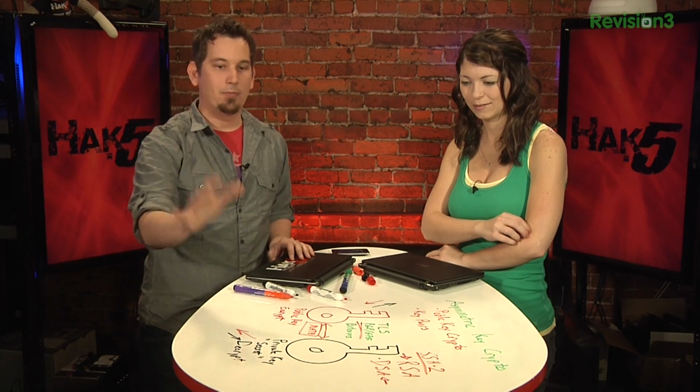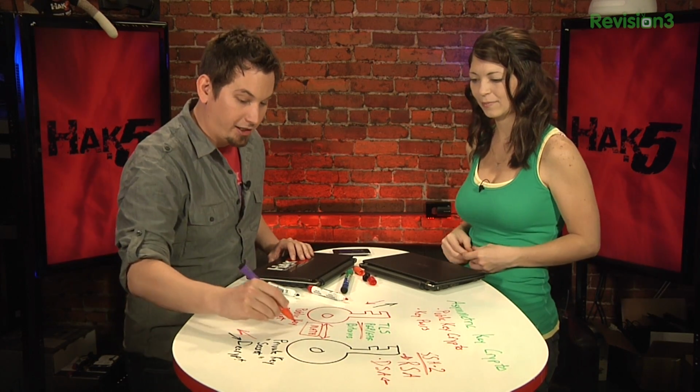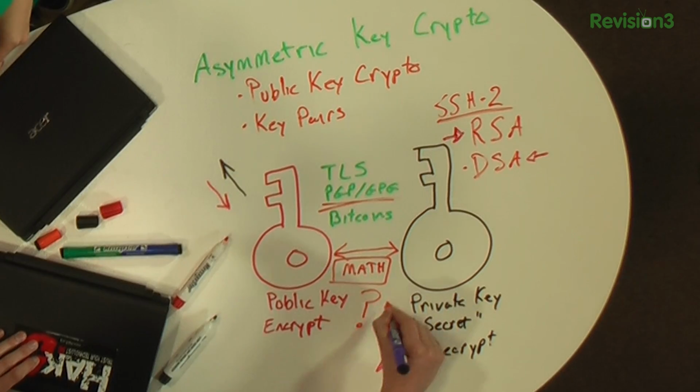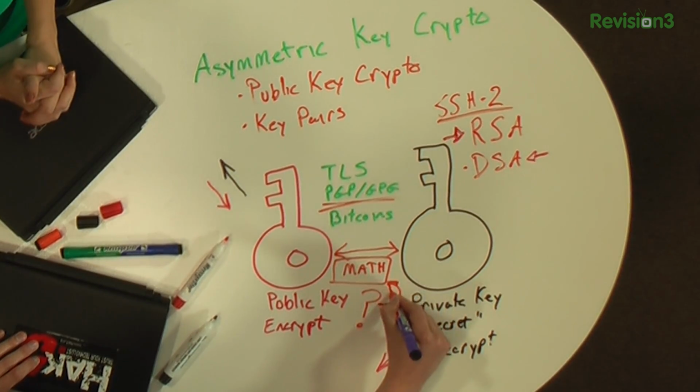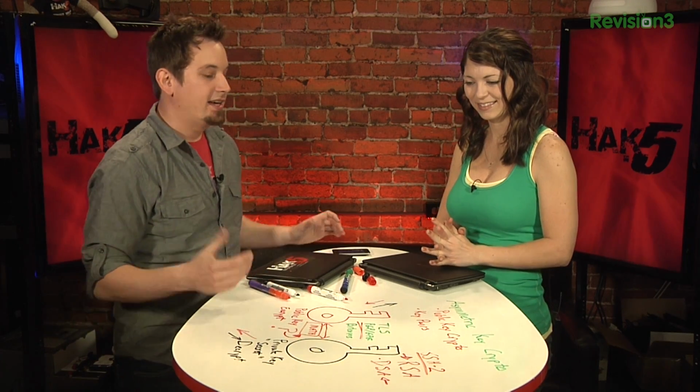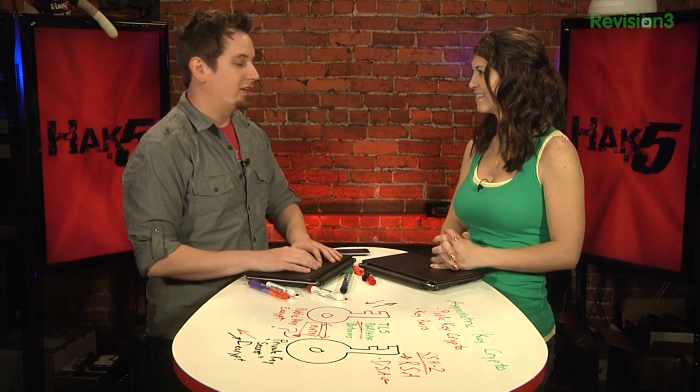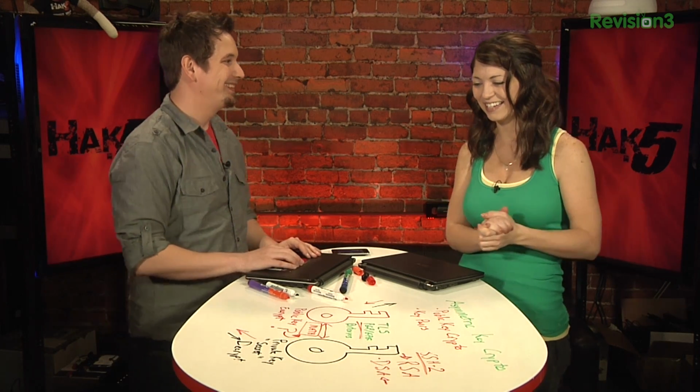Okay, cool. And this is really beautiful because this is the underpinning of so many different technologies, and we're going to be coming back to this, and then later we can get way more in depth into this big question mark, which is math. But for right now, practically speaking, this is the way that it works, and why we have these things, and why we can have asymmetric key crypto. Yes. Got it. All right.